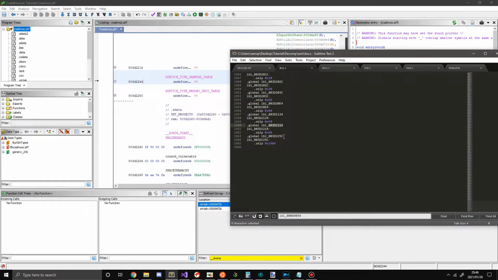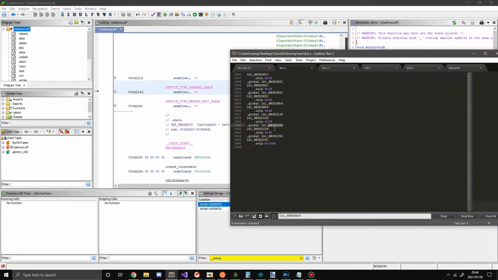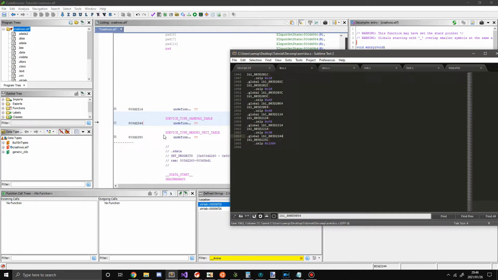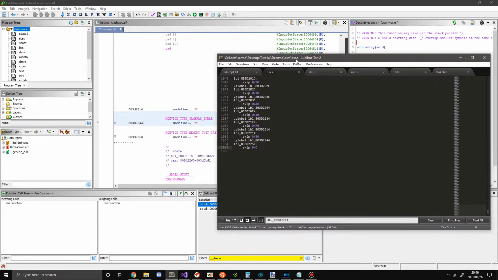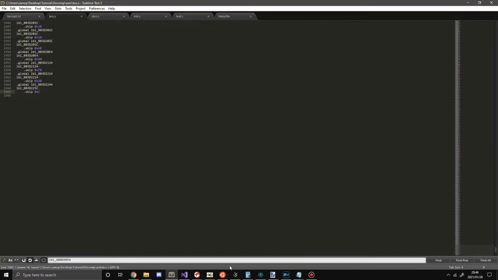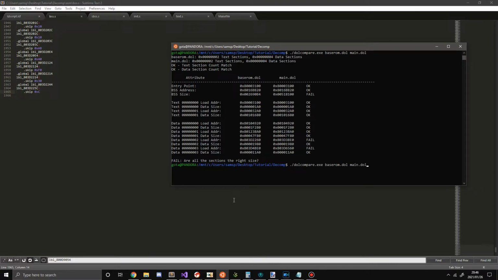So I'm going to change this from 14 to the proper size. Instead of 48, I'm going to change that to 30. And I'm going to change this 44 to... Now obviously you would want to go ahead and label all the proper variables, but I'm just going to go ahead and say this is the proper size of C. Right, so C, and let's see how that does. So we're going to make,